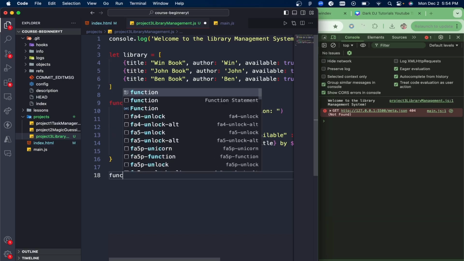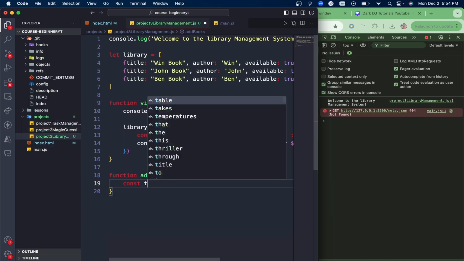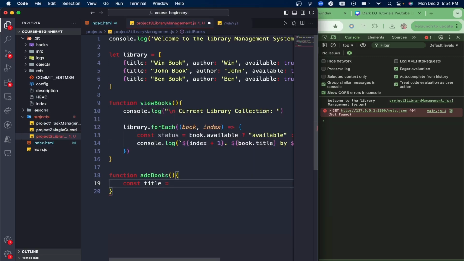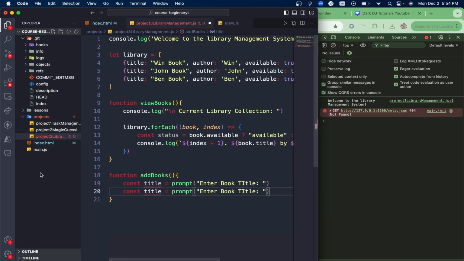And the other function we want to do is add books, right? It makes sense. We want to add something, but we already have some books. So const title equals prompt enter book title, or enter author, right? Enter the author. Okay,